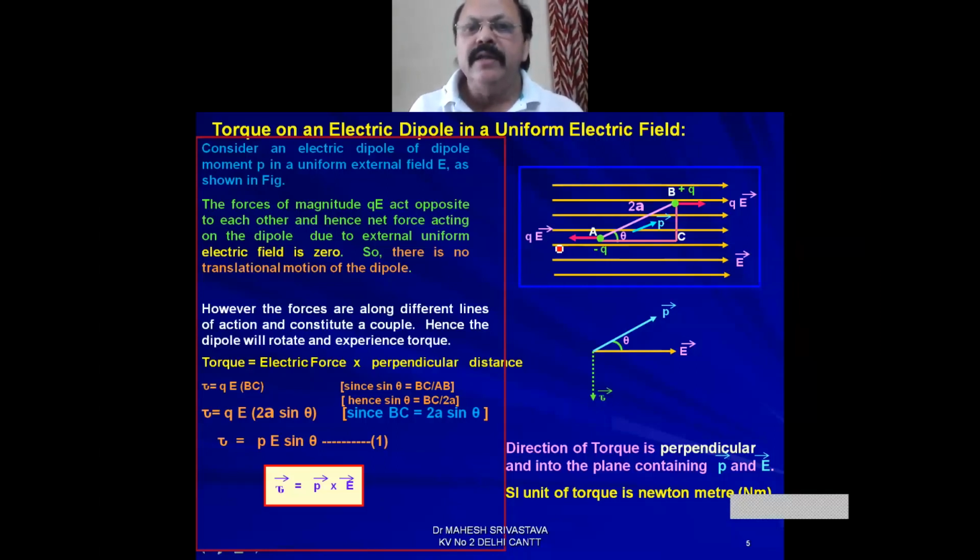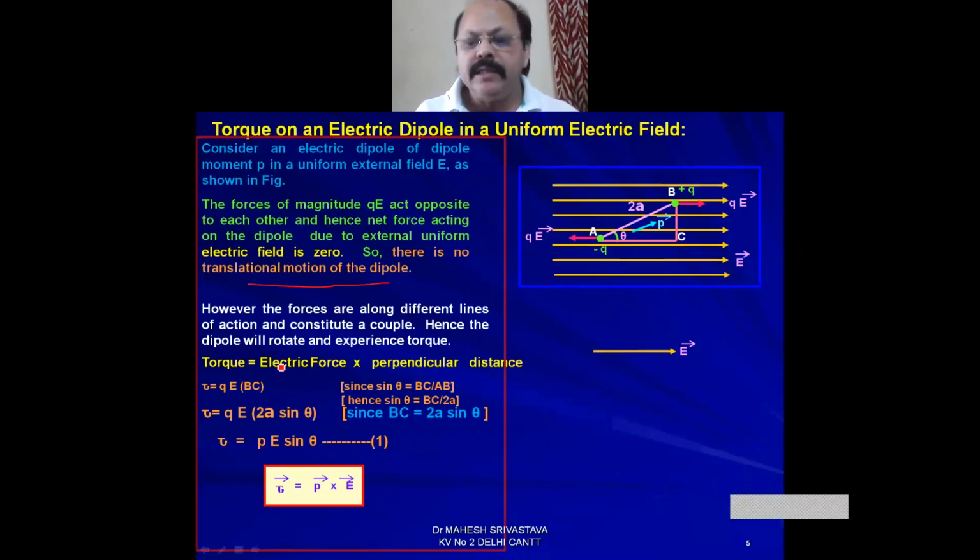That's why there is no translatory motion of the electric dipole, but the forces are acting along different lines of action, which constitute a couple. Due to this couple, the electric dipole rotates and experiences a torque, and that torque equals, as already you studied in class